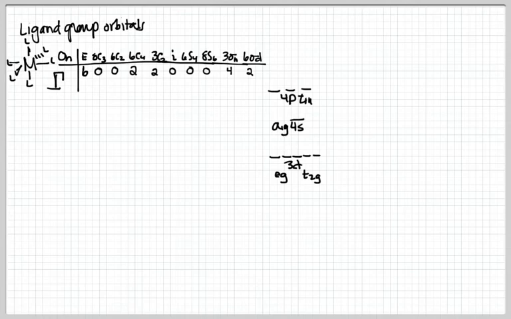If you reduce that using your reduction formula, then you're going to get A1G plus T1U plus EG. And so those are going to be our ligand orbitals over on the other side of our diagram. And we're going to imagine that the ligands are more electronegative than the metals. So we're going to put those 6 ligand orbitals over here. So we said there's an EG and a T1U